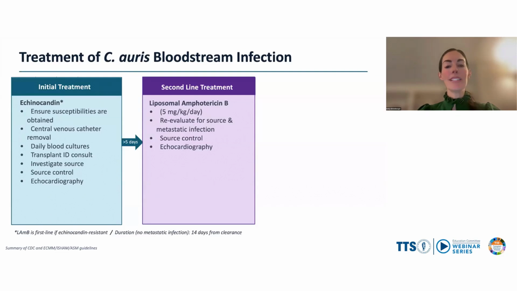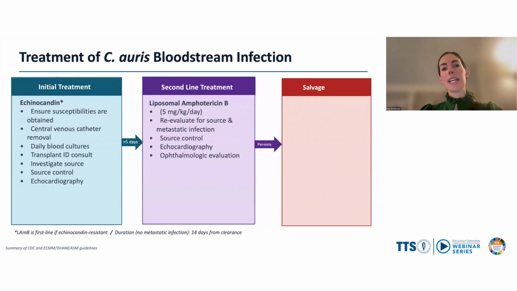And if you haven't already, obtaining an echocardiogram is going to be important to really take a close look at those valves. If you've already obtained a transthoracic echocardiogram, even repeating one can be helpful to discern whether there's a change in the valves or if there's a development of a perivalvular abscess. Optho evaluation, this is heavily debated in the literature, and I won't get into the debate today, except to say that the guidelines say that it's reasonable to obtain a fundoscopic exam in immunocompromised patients, i.e. our transplant patients, in patients who have persistent fungemia or those with ocular symptoms.